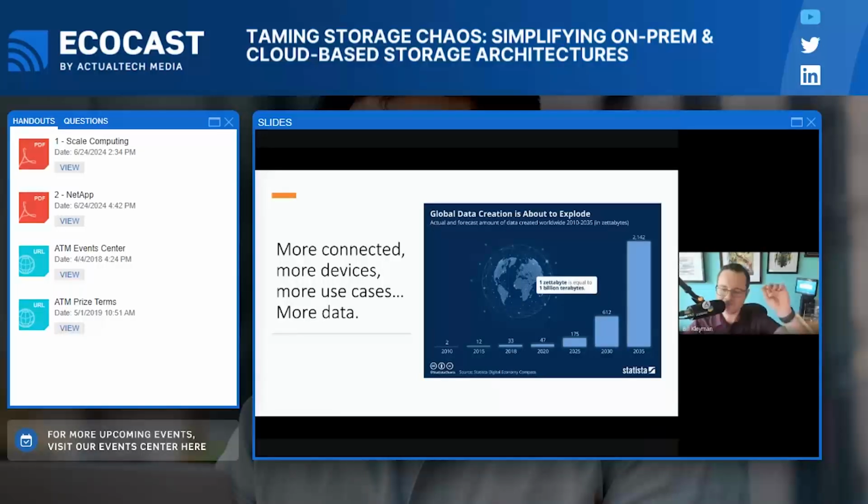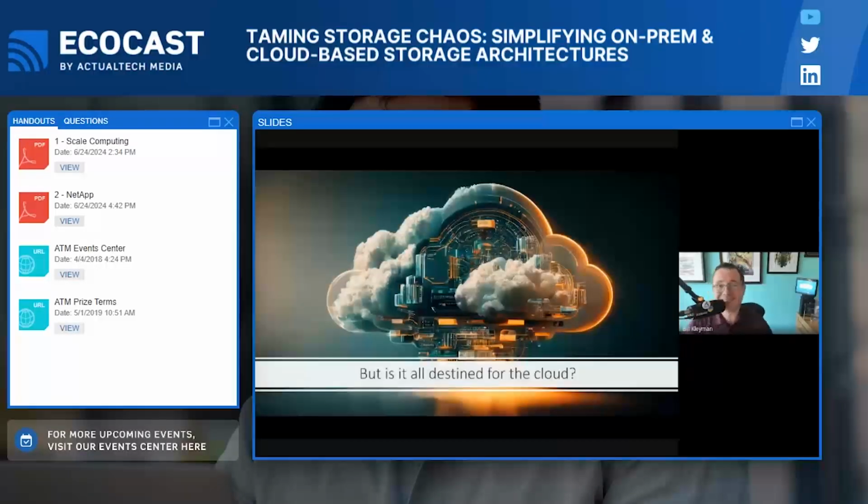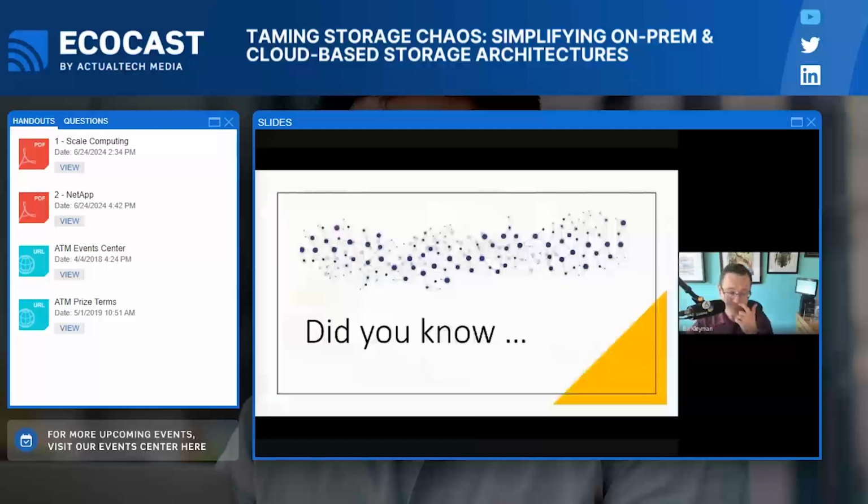But here's the thing. In the past, a lot of this information would just go in the cloud, but that's not the case anymore. So we have to ask the question, this data that we're creating, all this information, does it all ultimately belong in the cloud? Well, all right, I'm going to share some really cool findings with you. In the latest AFCOM State of the Data Center report, we actually asked that question. We went to our audience and we're like, all right, here's the big question. Do you see data actually moving from the cloud back to on-premise?